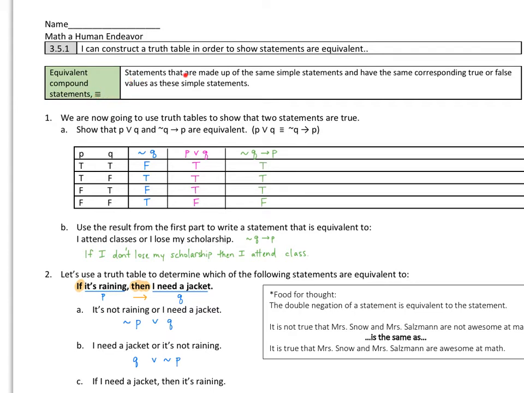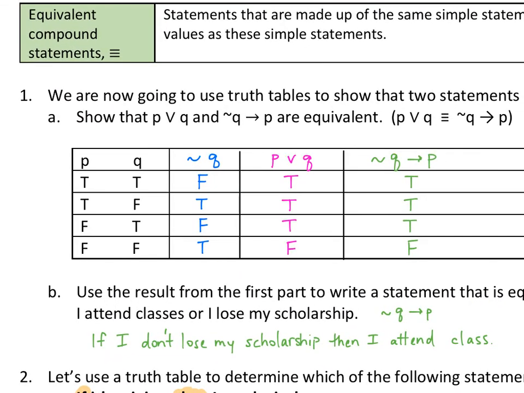They are statements that are made up of the same simple statements and have the same corresponding true or false values as these simple statements. So for instance, we're going to use truth tables to show that 2 statements are equivalent. We want to show that P or Q and not Q implies P are equivalent. So if we construct our truth table,